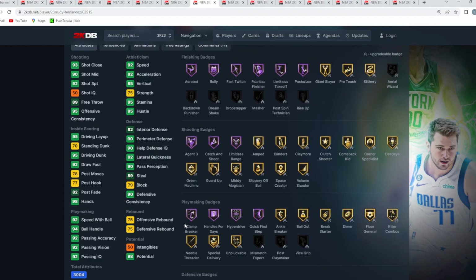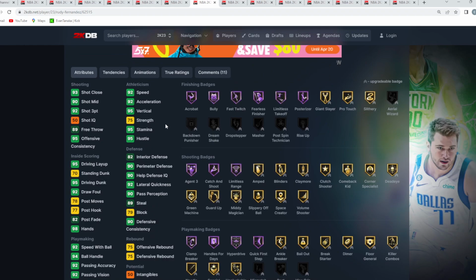For his stats, really just needs to be upgraded on the defensive end. Give him +4 interior defense, +4 perimeter, +4 steal, and +4 block. And then after that, his stats are basically good. You could upgrade his strength if you want to. You can maybe make him a little bit faster while upgrading his speed or speed with ball,